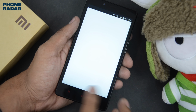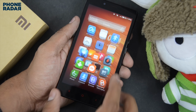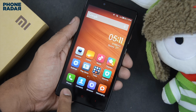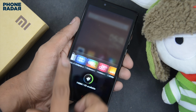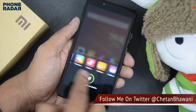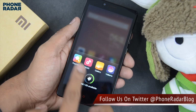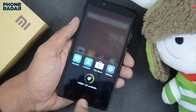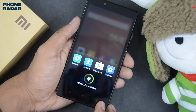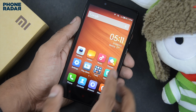I'll even show you the multitasking bar so that you can see which applications were open and what's the status right now. So these are the applications that are running in the background. That's security, contacts, Play Store, settings, themes, even the Vellamo benchmark and gallery and music. And out of 2 GB, about 1189 MB is still available. So that is a good factor that a lot of RAM is still freely available when you are running these